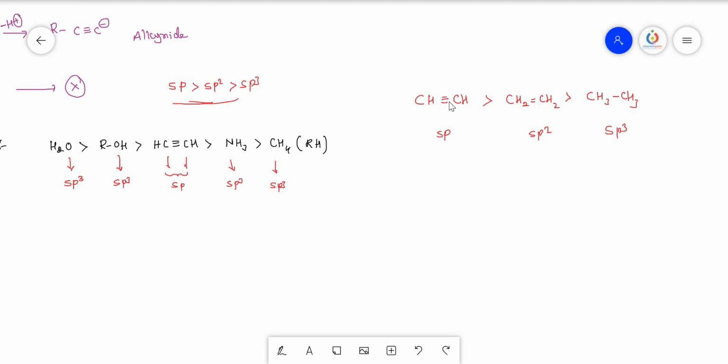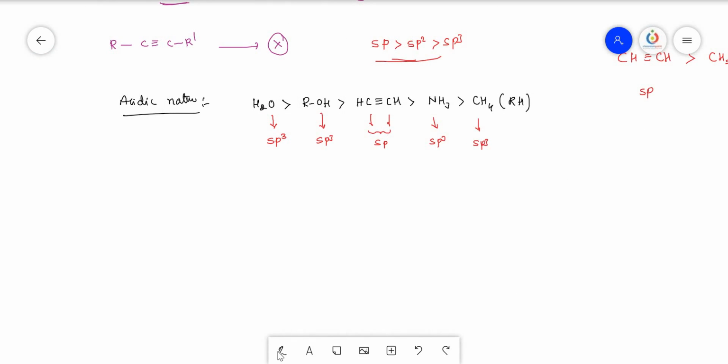So this is possible only when all the carbon atoms of all these molecules have only carbon atoms. See here, acetylene, ethene and ethane molecules, there are only carbon atoms, and we are comparing the hybridization and electronegativity of only the carbon atoms, not with other molecules. But in this particular case,